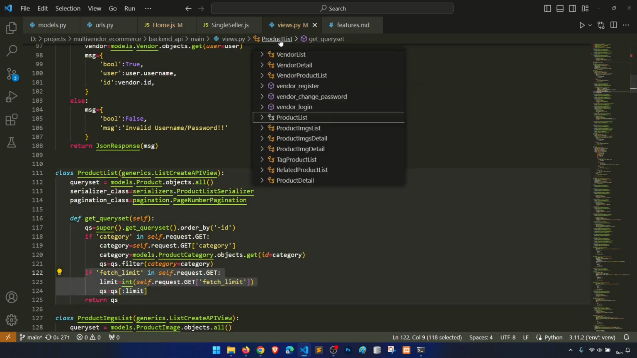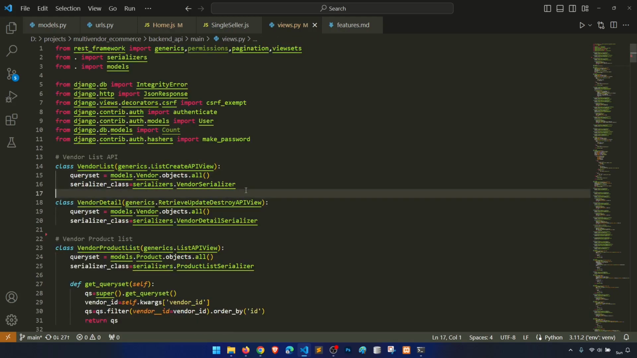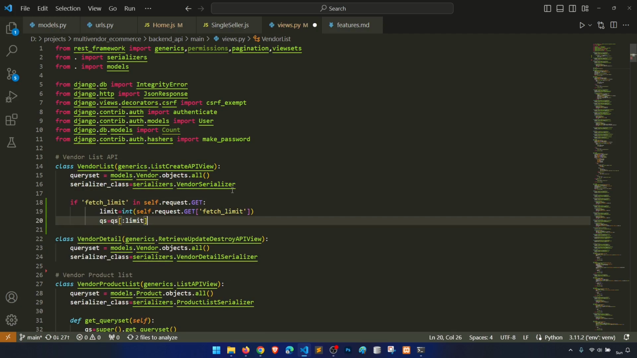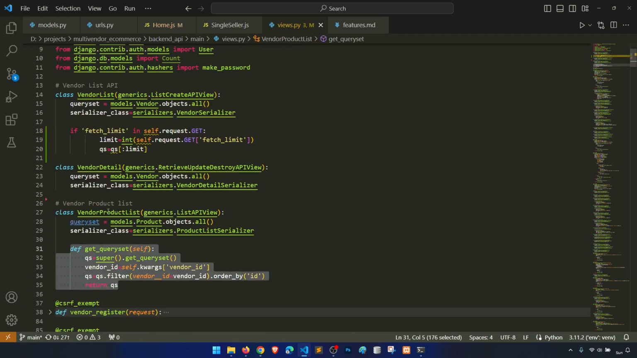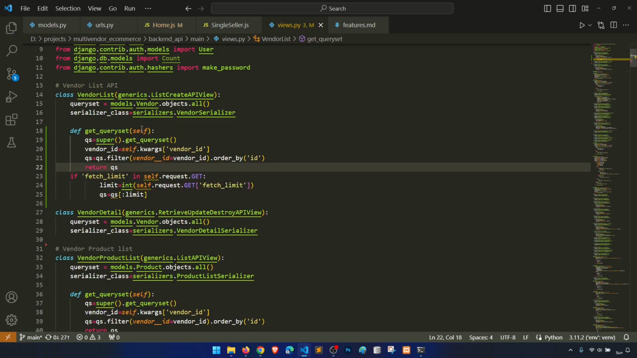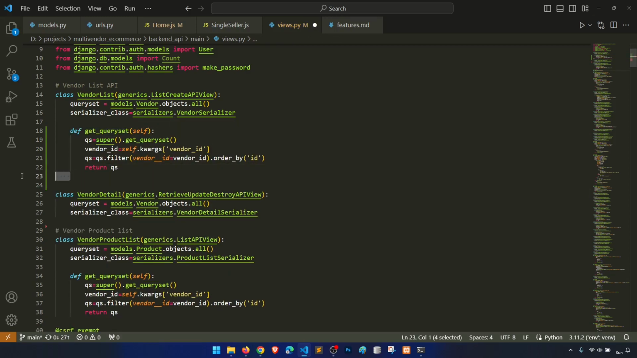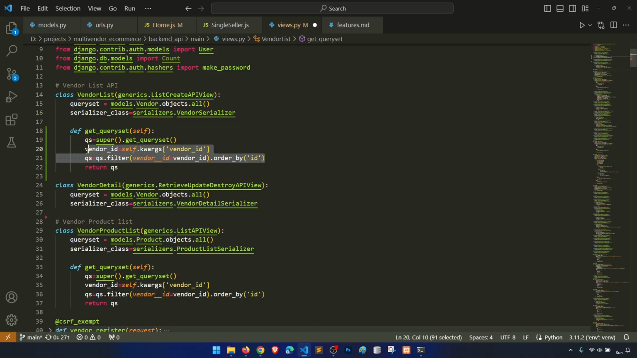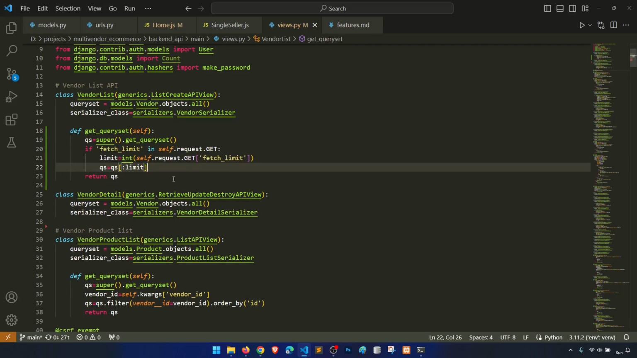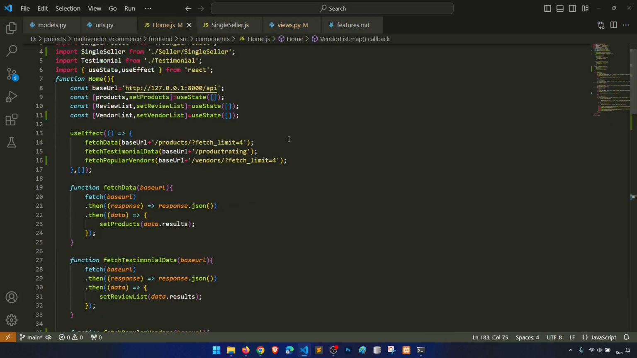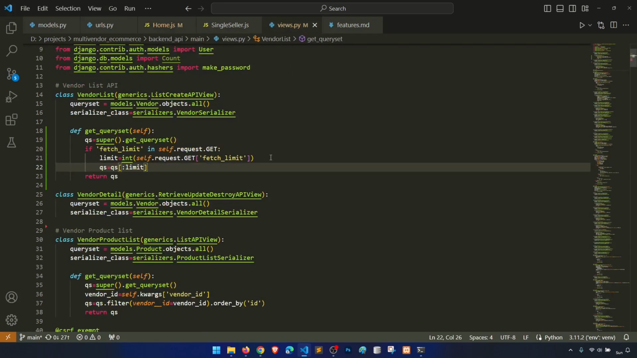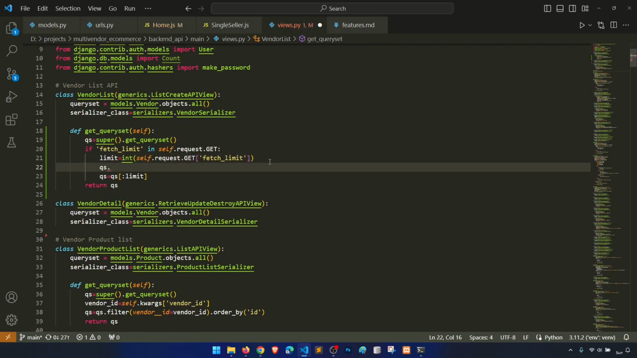And then we will go to vendor list, and here we have this thing. First of all, we need the query set, right? And then we have query set, and then let's apply this one here. So we have this thing. So if fetch limit is in the get, then first of all we will see how many limits. So on the home page we are setting 4. Okay, and before that we will apply the condition